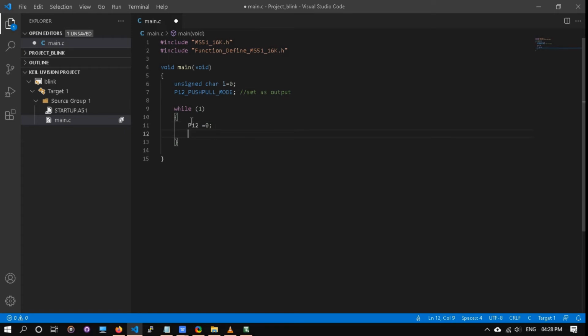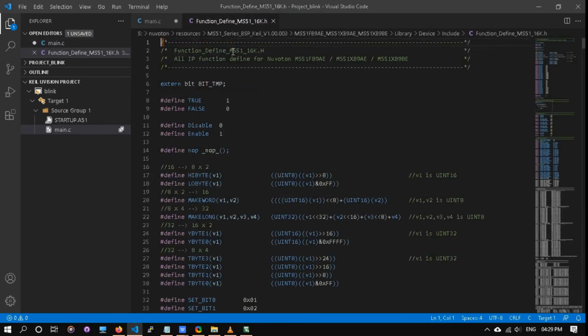For the delay part, I am using a for loop. This delay function is defined in the function defined library. We can see that. Let me open it. There is the library.